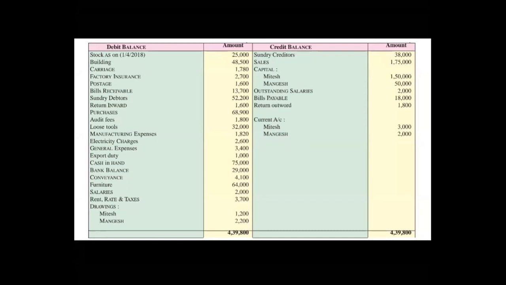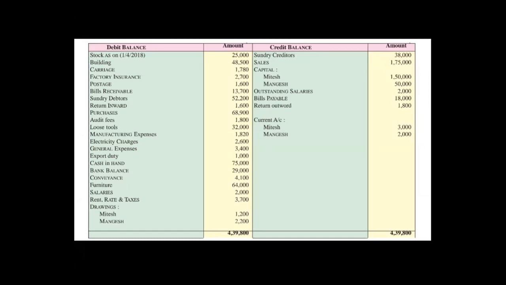So in this problem also you have to prepare current account in place of capital. As I said, whenever a fixed capital method is adopted by the firm, you have to prepare 4 accounts and 1 statement, but there is no need to prepare partner's capital account as the amount never changes. So you can directly mention that amount on the liability side. You can prepare trading account, profit and loss account, and in place of partner's capital, you just mention partner's current account. And then the balance sheet. I hope your accounts are ready.